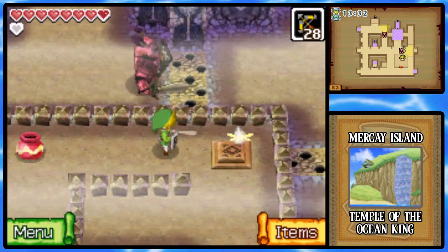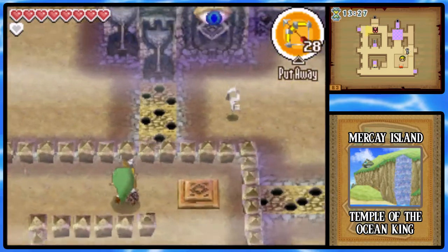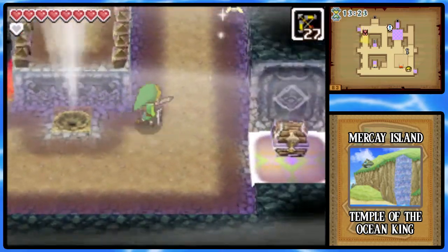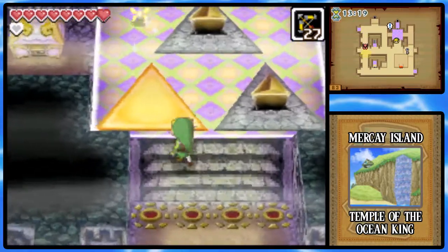Okay, I'm just going to come back here as we're dropping this phantom into the pit. Bye-bye. Because we have an ice switch here that we can hit now that we have arrows. And it's going to disappear, so you better go over there quickly. And I'm going to avoid the small key so I can just do this and then get back to the